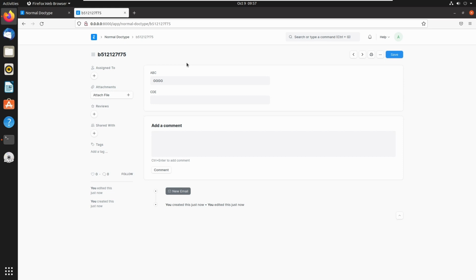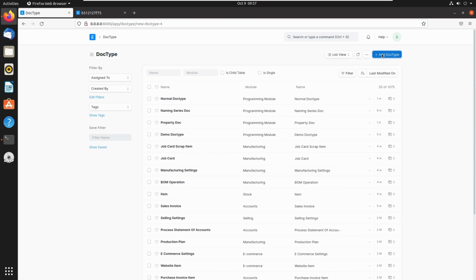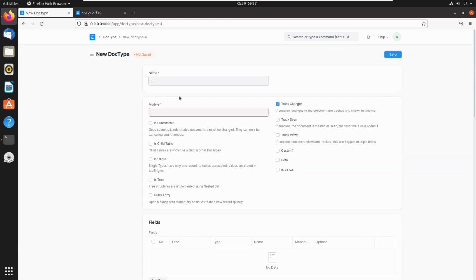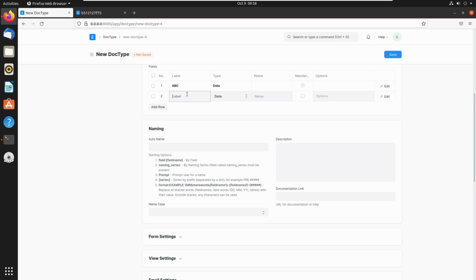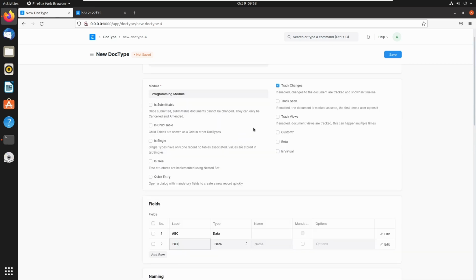Next I am creating a submittable type doctype. Let's go to doctype list and add a new doctype. Let's add a name, submittable doctype, and select module programming module. Then I'm adding two fields, ABC and DEF. Then we can make this doctype submittable by checking this box, is submittable. So I'm checking this box and save the doctype